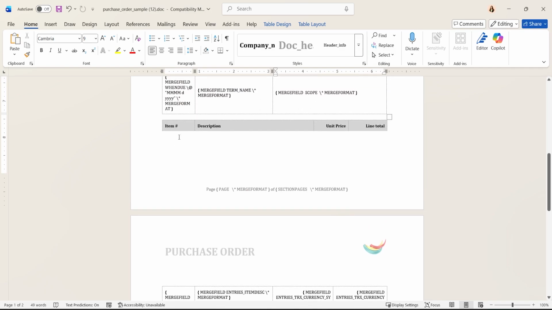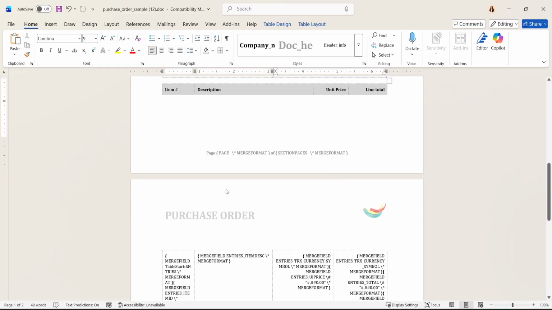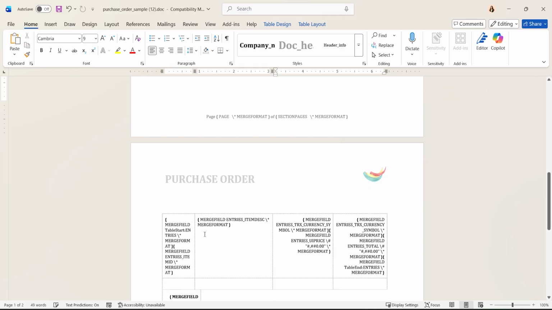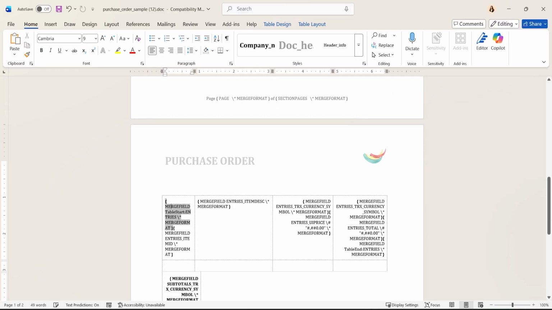This is a Word table. So if you're familiar with entries in Intacct, there's entry tables within your invoice creation, purchase orders, subcontracts, sub change orders, and the entries table work a bit different. You see here, there's a table start and a table end. If I didn't have my start and end, I would receive an error. None of this data would show up if it's not correct with the start and end fields.